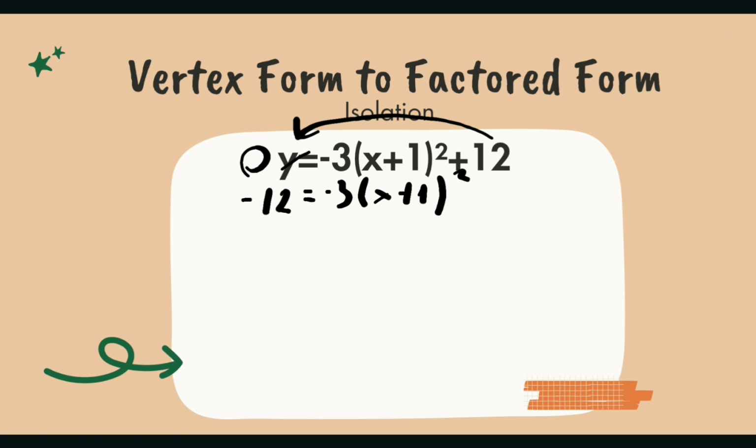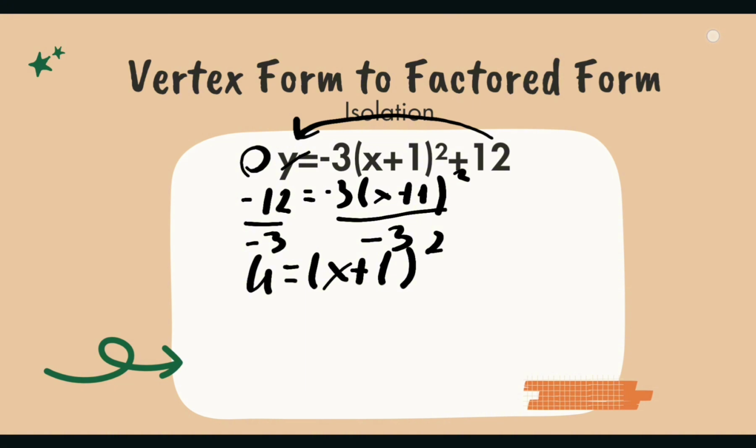We will divide both sides of the equation by minus 3. Four equals (x plus 1) squared. We will take the square root of both sides and we will get